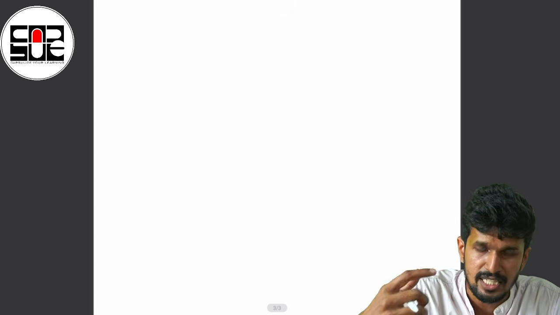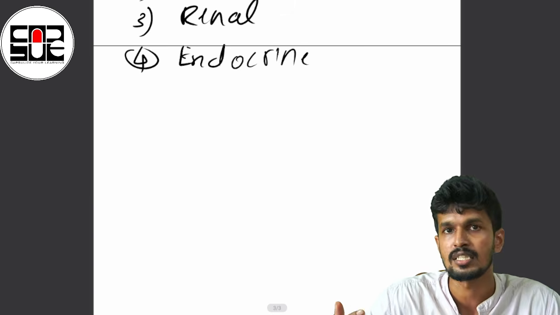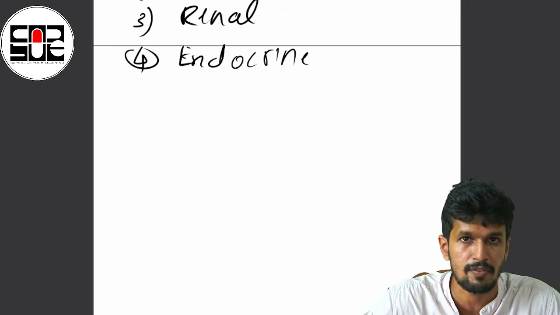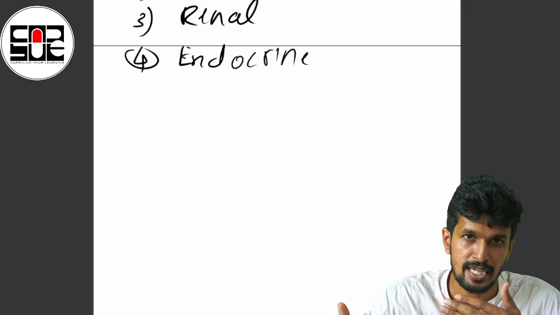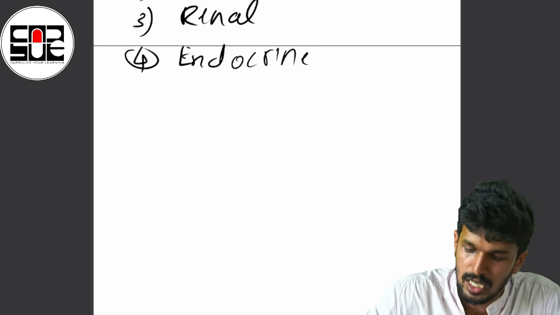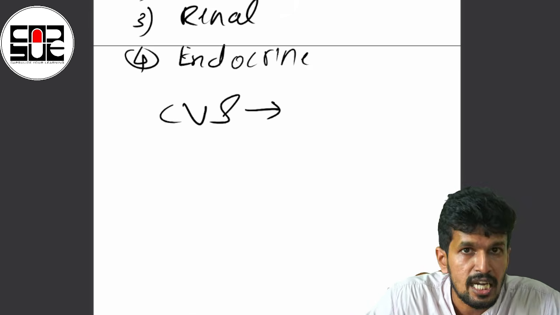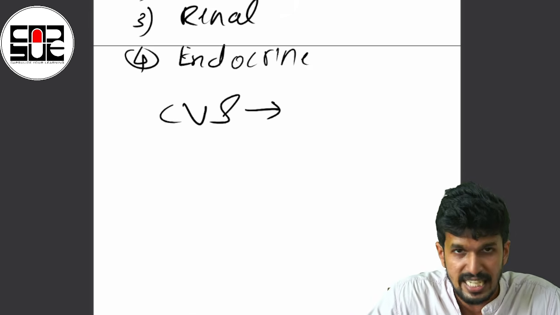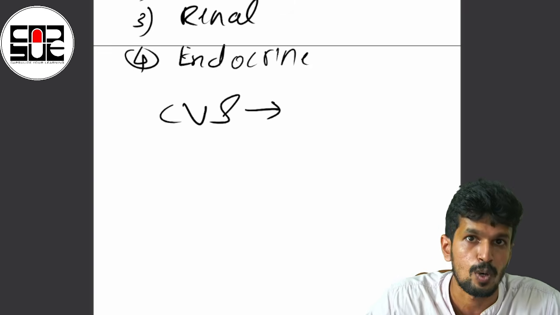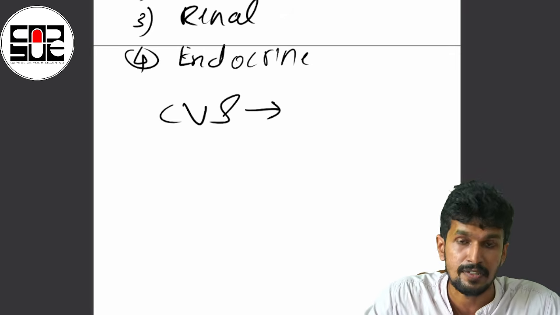So, whenever there is tissue hypotension, what happens? Basically, hypotension means there is a decreased circulatory volume. Not in every case, but most cases will be dealt with decreased circulatory volume, that is, there will be tissue hypotension. When we talk about the cardiovascular system, whenever there is a decreased preload and afterload, that is, a total decrease in the circulating volume, what happens? The baroreceptors which sense these changes get activated.